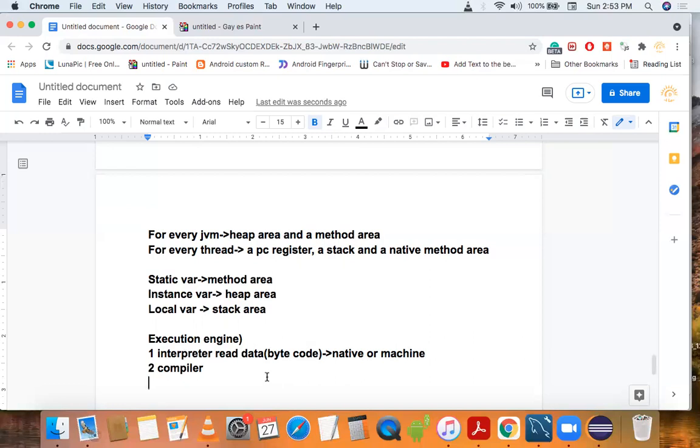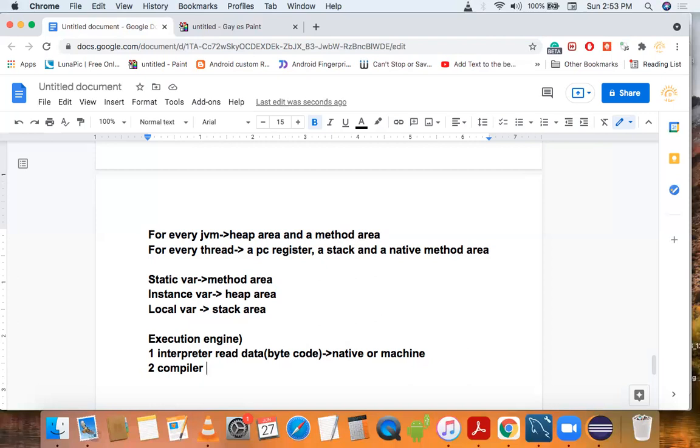So Sun Microsystems introduced a compiler, the JIT compiler, in version 1.1. The main purpose of the compiler is to improve the performance of the system. Every time a method is called, it is counted.